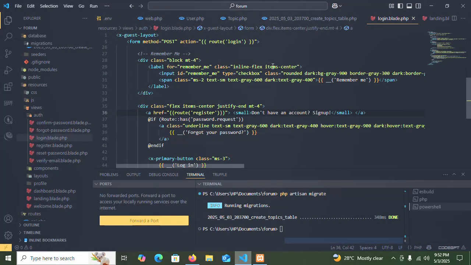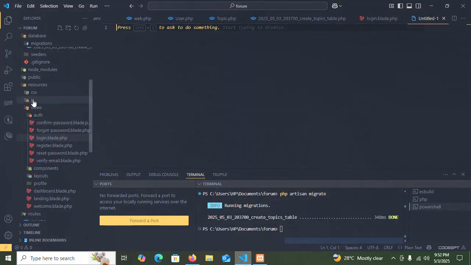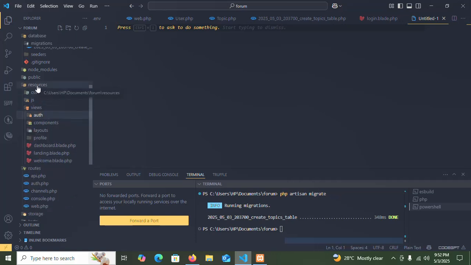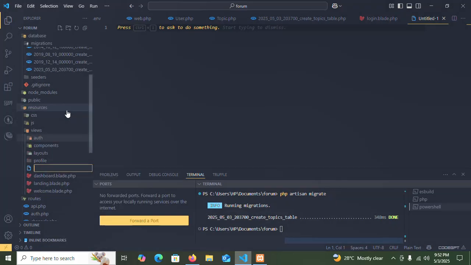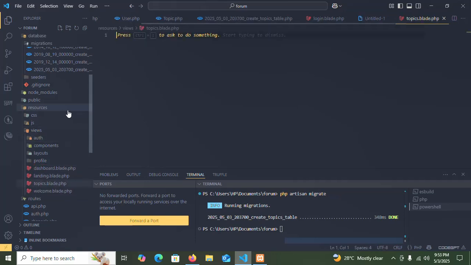Let's create a new page and say control N rather, and give it in. I'll be saving it in this place. So let me just right click on the views part and say new file and say topics.blade.php. Now on topics.blade.php, let's just echo something and just show something. Say welcome to topics creation,